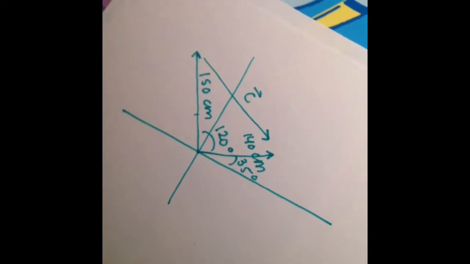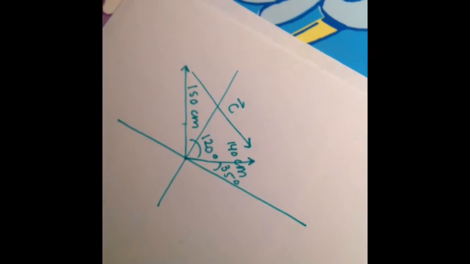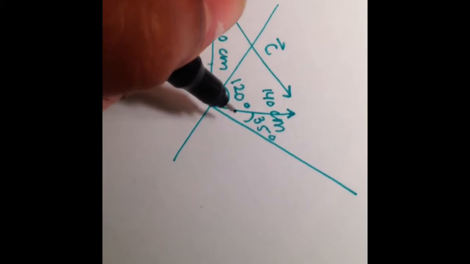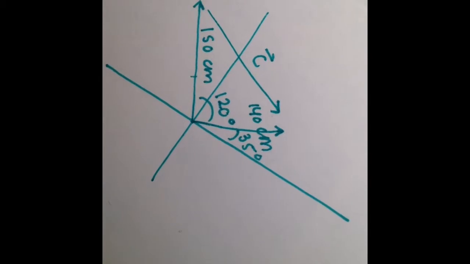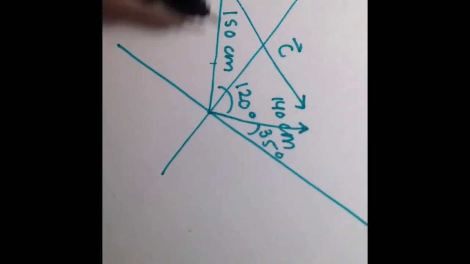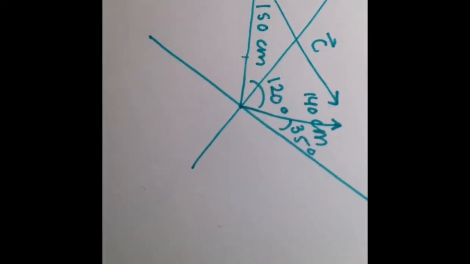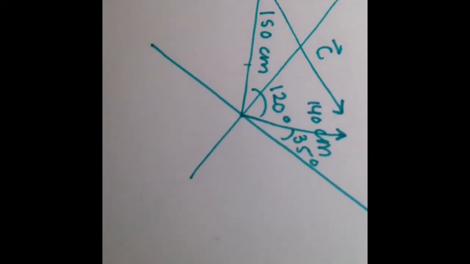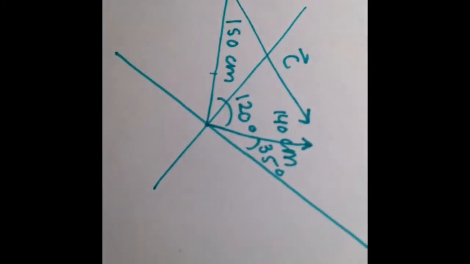Now you have to find the magnitude and the direction of vector C, and this is easiest to do if you have a right triangle involved, but if you calculate this angle right here, it isn't actually right, even though it kind of looks right in my picture. So what I did was I extended out both of the vectors, both the initial vector and the resultant vector, to create a parallelogram shape that will actually give us more of a right angle to work with. But before I get into that, let's go ahead and find the x and y components of both of the given vectors. So starting with